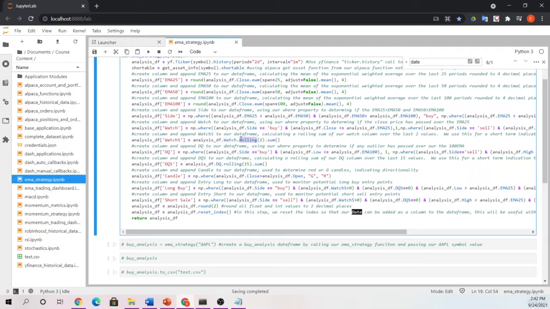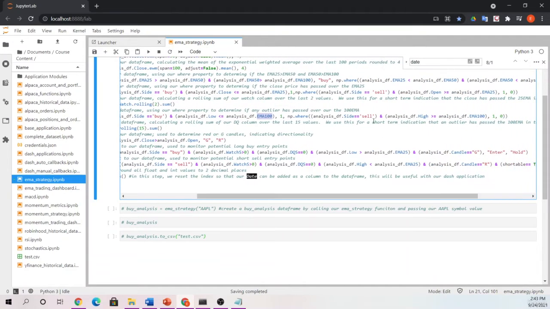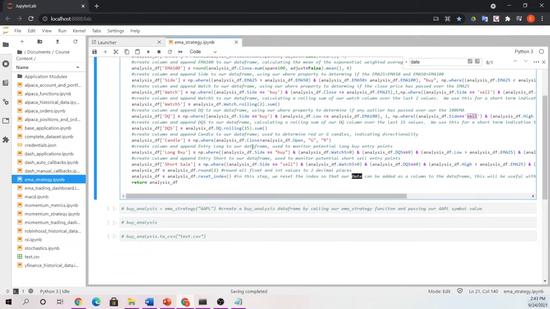So this rolling value is just telling us if it had, prior to the current value we're looking at, passed above or below that value. For our DQ, this is our disqualifier, we want to know at any point has that buy symbol went below the 100 EMA, or on the sell side has it went above the 100 EMA. If it has done that on either side, if I'm in a buy or sell category and it's crossed over that 100, we're automatically